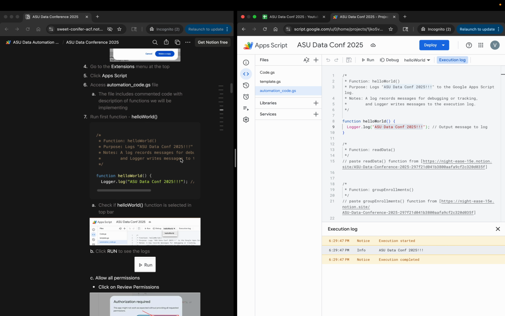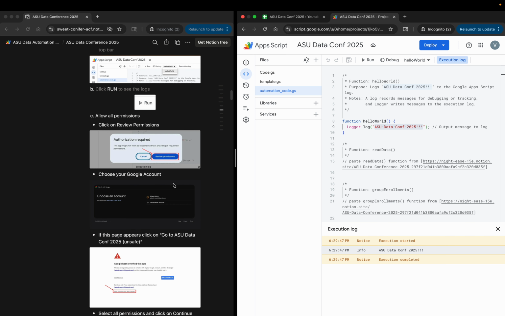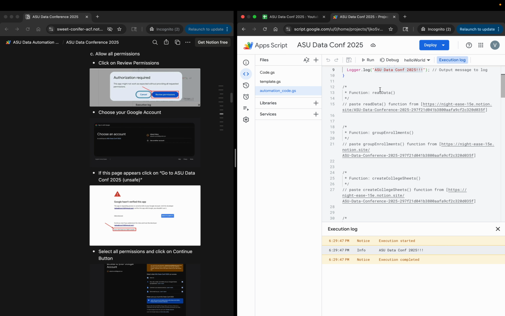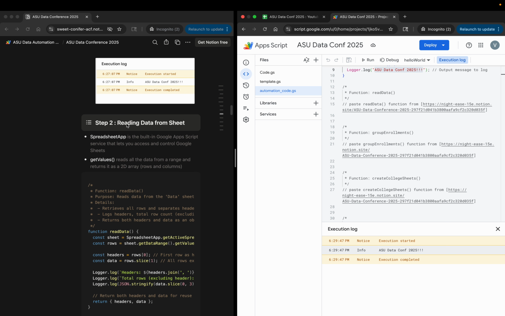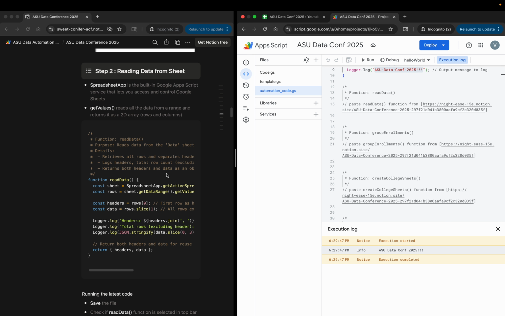Next, let's move on to read data function. So this read data function in step 2 will perform two major actions. First, will fetch all the data available in your Google Sheet, and second, print first few rows of the data to make sure that the data is read correctly.